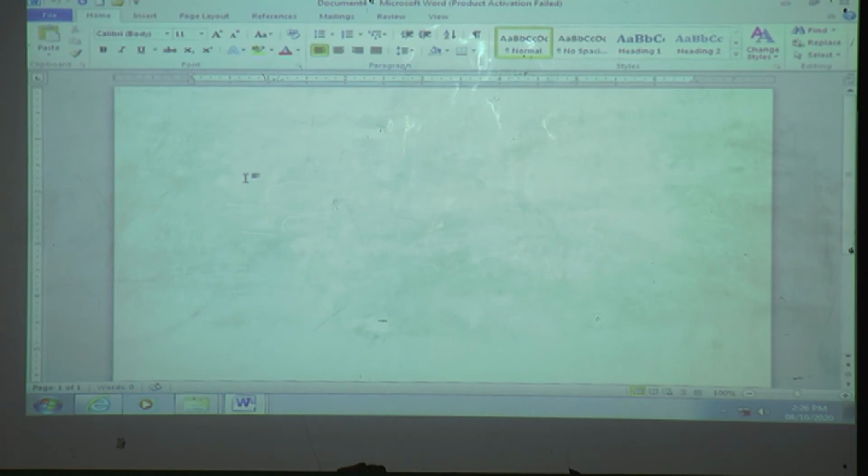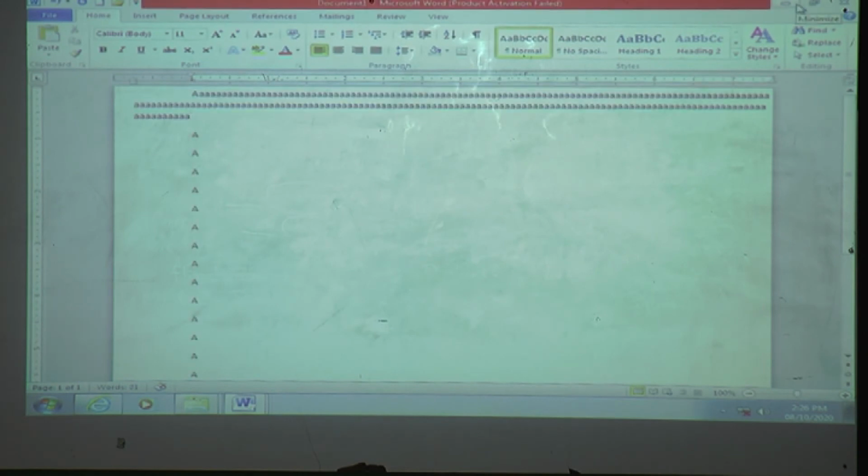How to take a new document? By using the Office button or File button, we can say File or Office. And by using the quick access toolbar also we can take a new document. Understand how to take a new document.